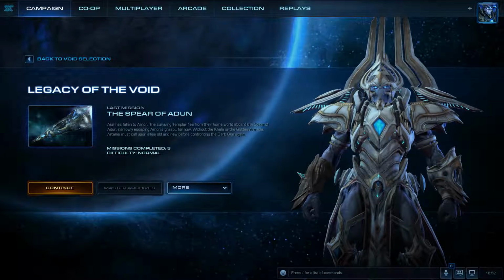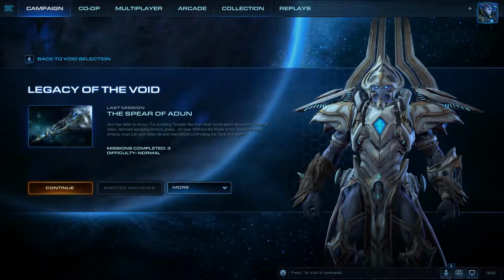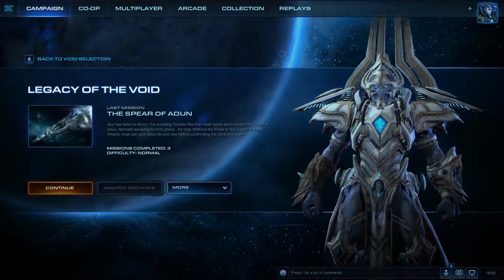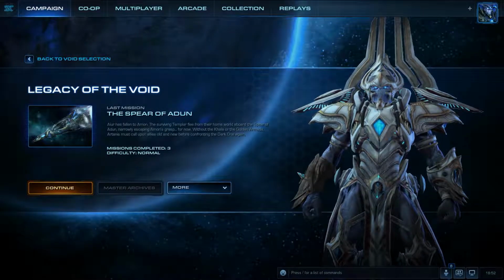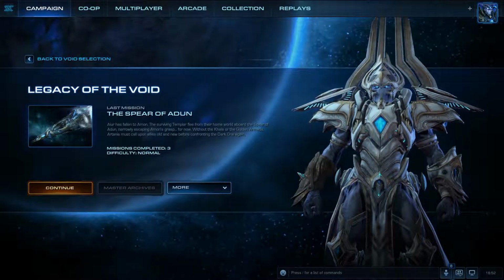Void Seeker to go to Korhal and get this xel'naga artifact from Jimmy Raynor. Unfortunately, everything wasn't as simple. As it turned out, Amon had actually corrupted the Templar through their, I guess this...